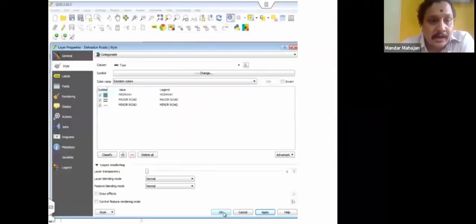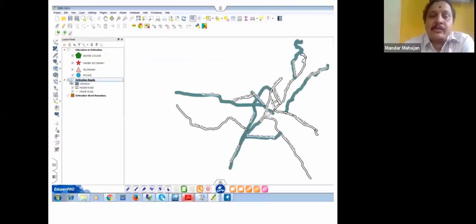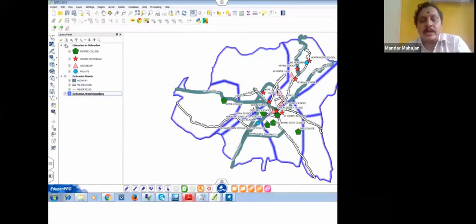Okay. Similarly, if you want to distribute the highway, the same in the diagram. This is the highway, which we can see here, and it is with the names. It is possible to add one more layer here. So adding one more layer, you can see the highway, and if you overlay all of it together, it will look like this. That is the road network, the geographic area, the boundaries, and the colleges.